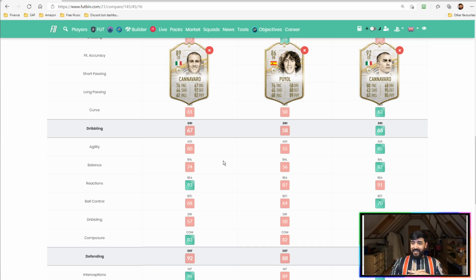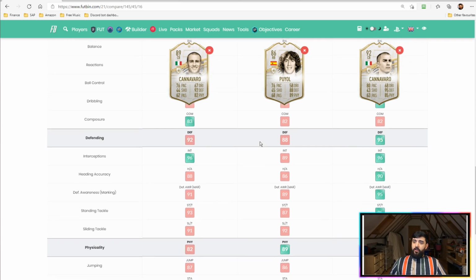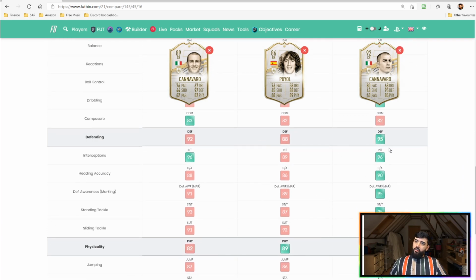Composure is also slightly better, but overall the differences here between prime Cannavaro and mid Cannavaro come in the speed and agility, and that may be why this card is considered so good and so valuable, because he's able to turn quickly, move quickly, get across the defense quickly, and that is important. In terms of the defending, prime Cannavaro comes out on top, but not by much in any category